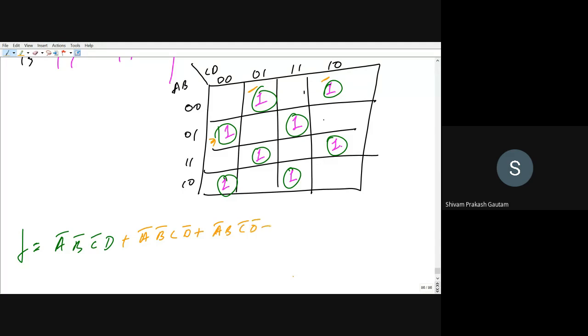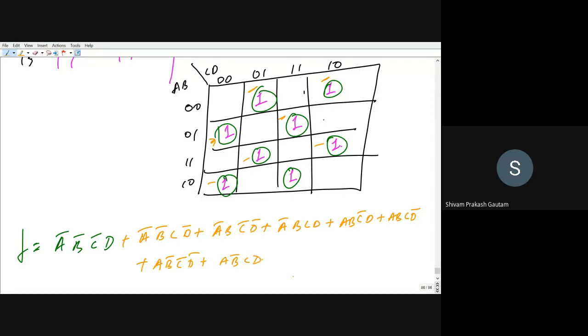Are you getting this? Yes, sir. Okay, then we will write for this box, that is A bar, B, C, D. Let me know if I make any mistake. So then we will write for this A, B, C bar, D, plus then this A, B, C, D bar, plus then this one A, B bar, C bar, D bar, plus A, B bar, C, D.